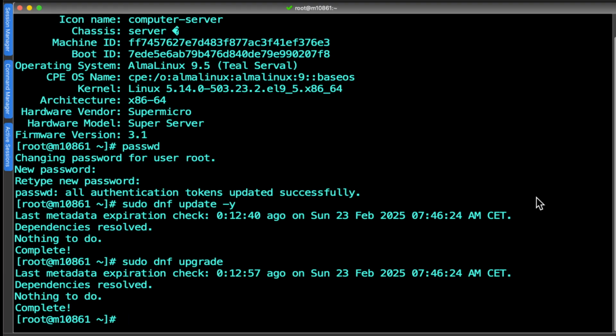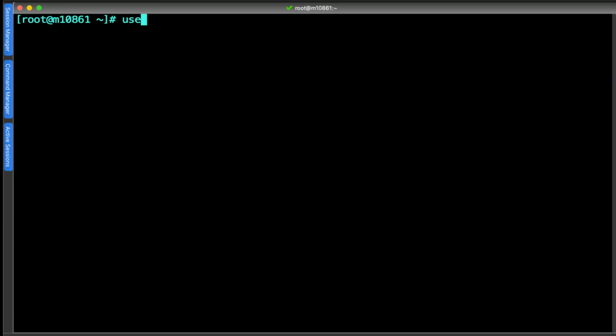Okay, so the other thing that you want to do, as good practice, is set up a user that belongs to the sudo group, right? And in Alma Linux, which is similar to Red Hat, they use wheel for the sudo group. So what you want to do is create a new user. You can use useradd. Oops, let's clear this. You can do useradd demo, which is the username,